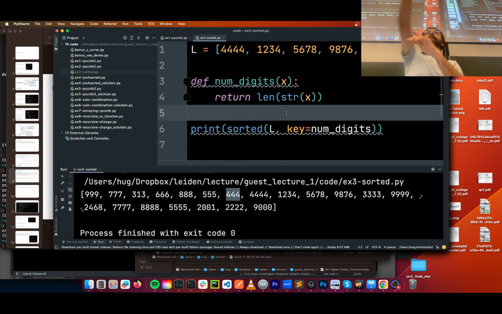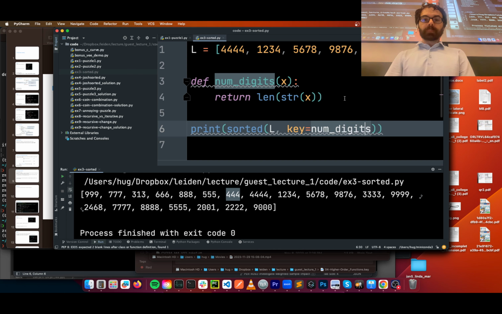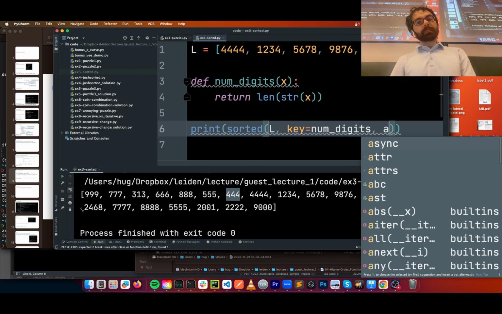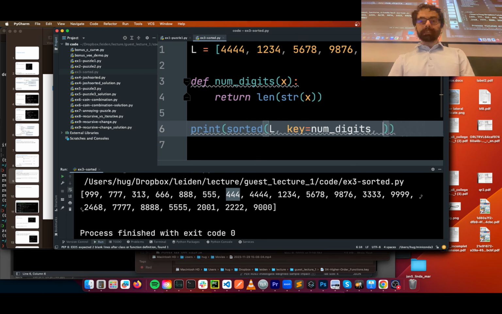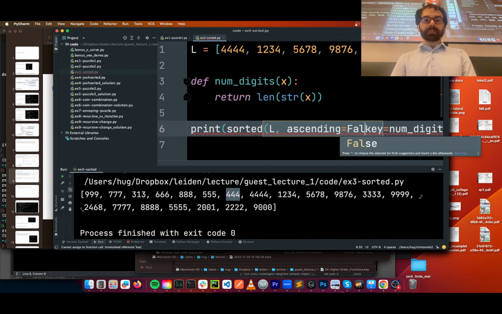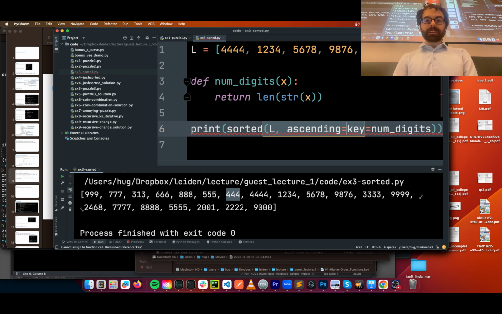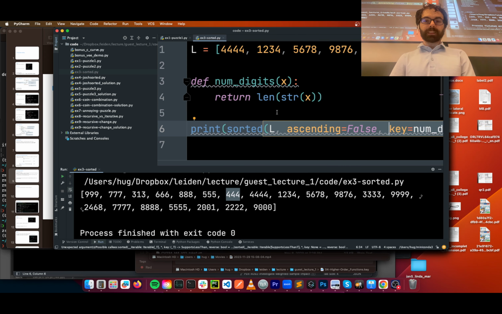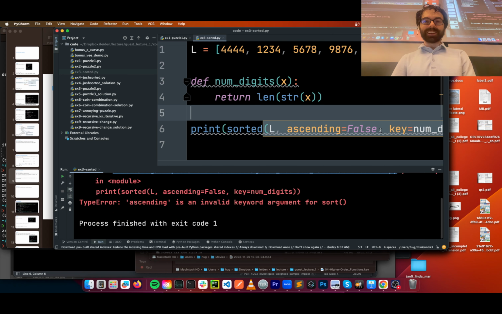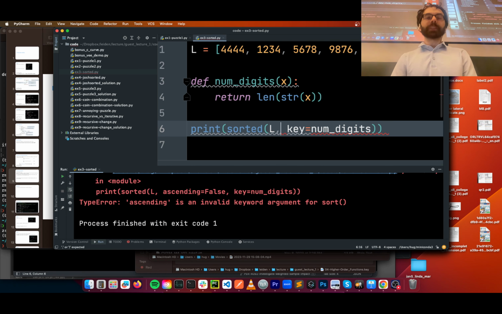Give me another way. Go ahead. Is there an option to switch the order? Yeah. I think it might be called, honestly, I've kind of forgotten. Ascending, is that a thing? I've used Python, that's not a thing. I don't know, let's see. Ascending equals false. Let's find out. That's what I would do in another language. No, okay, ascending is not a thing. Anybody know off the top of their head?